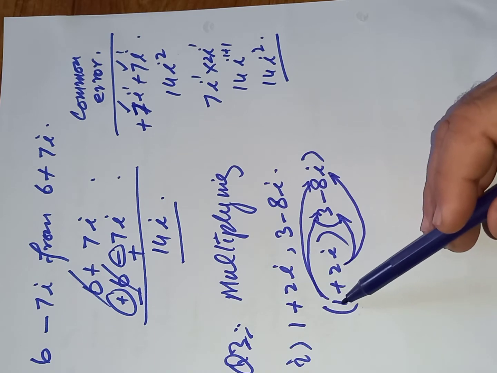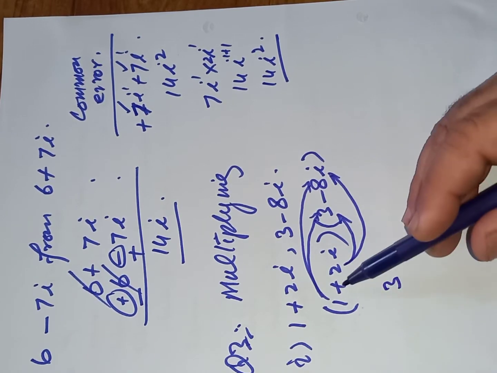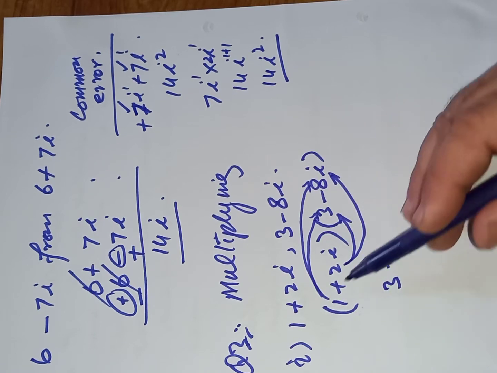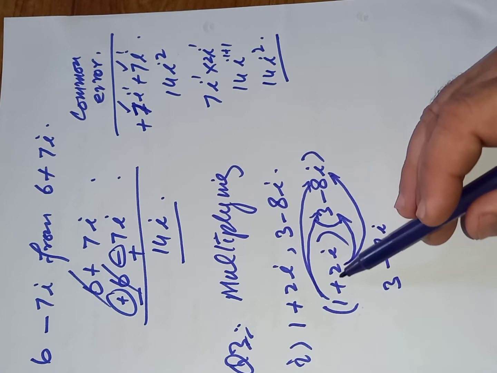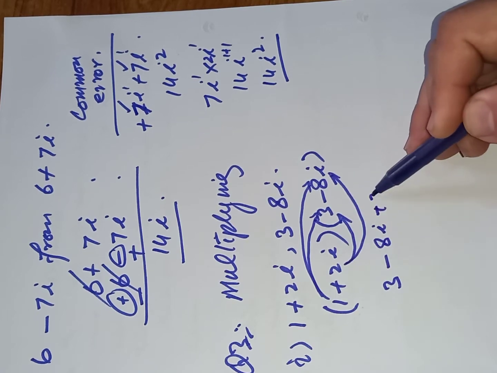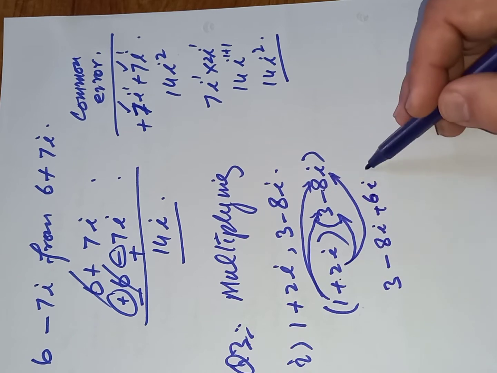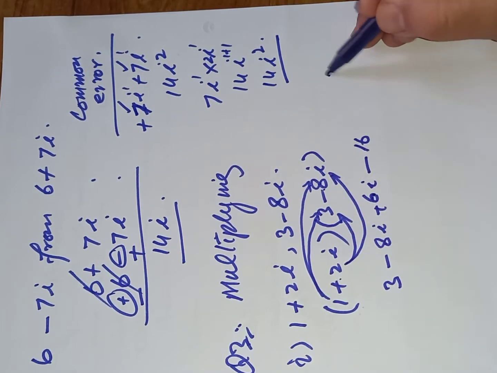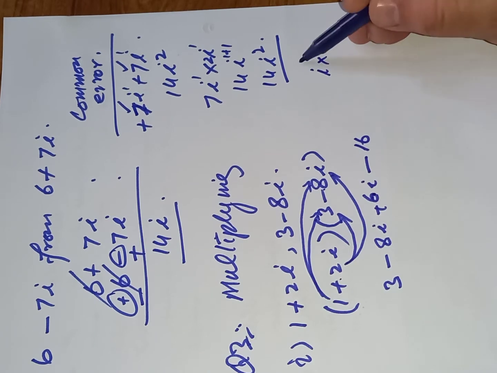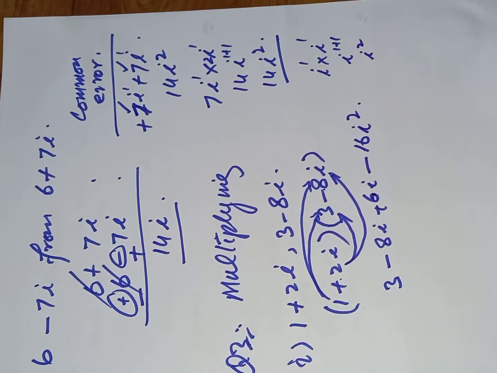So first we are starting with the first value with both these. 1 3s are 3, plus minus minus 1 8s are 8 iota, and now 2 iota to multiply, plus plus plus 2 3s are 6 iota, and plus minus minus 2 8s are 16 iota. With iota, as I told you, when two iotas are multiplying, their power is going to add up, and it is iota square.